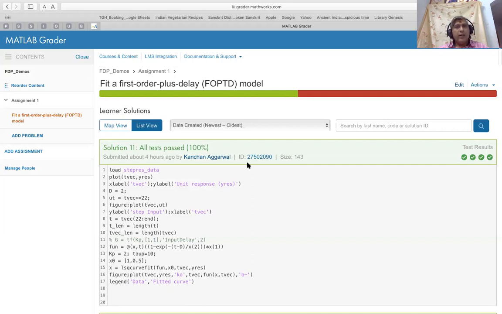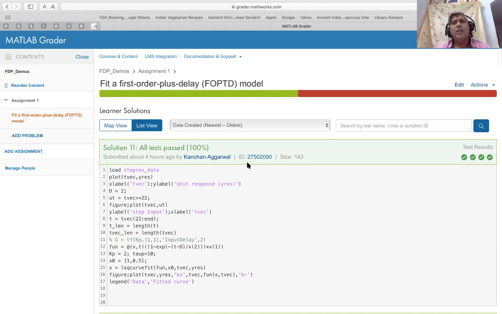I just want to reiterate that it is possible to randomize. For example, here I could have given different data sets to each student so that I don't load a fixed data set for all the students. I can generate data on the fly, and every time I generate data, I have some randomization there so that each user sees different data, and therefore the answers will never be the same.